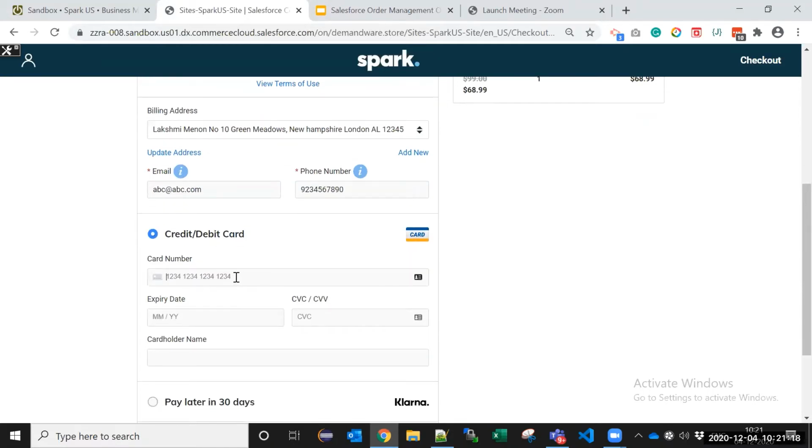Lakshmi, does it support UPI and other Indian platforms? No, the thing is, the Commerce Cloud starter store comes with just a very generic credit card payment method, which actually is not integrated with anything. It's just there as a placeholder. When we develop projects for clients, they come up with requirements, as in we want PayPal integrated or we want UPI integrated, and that's when we take it up.